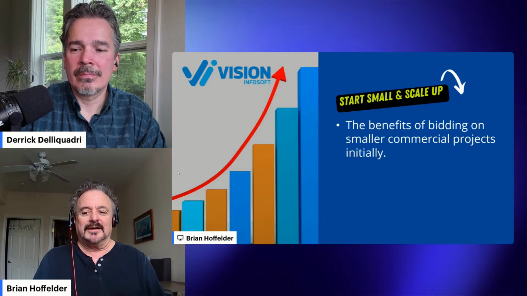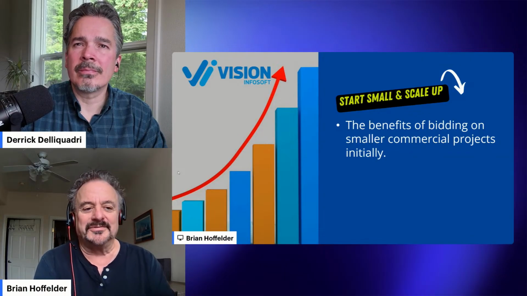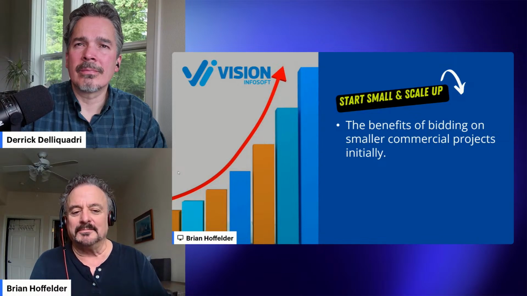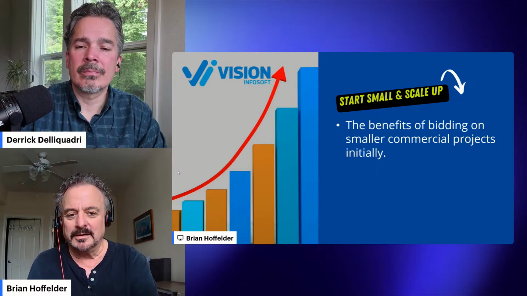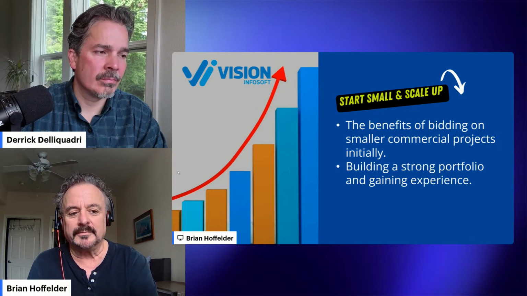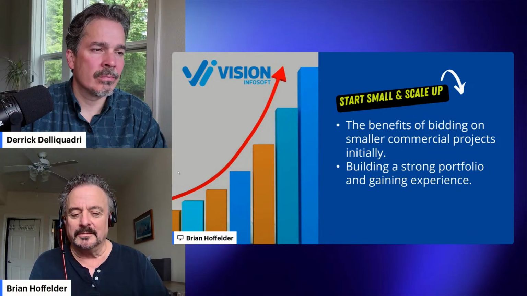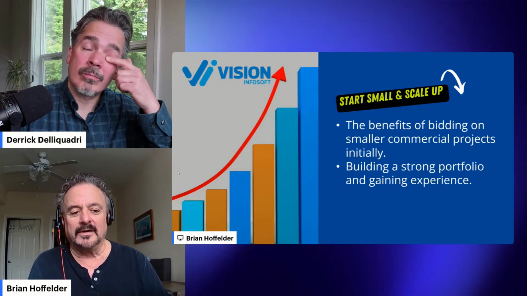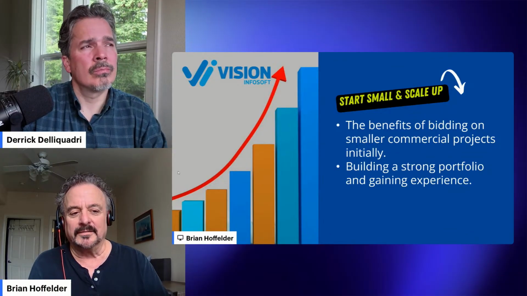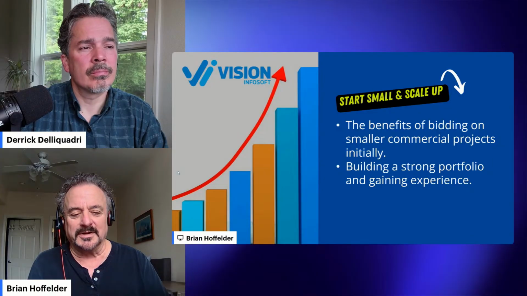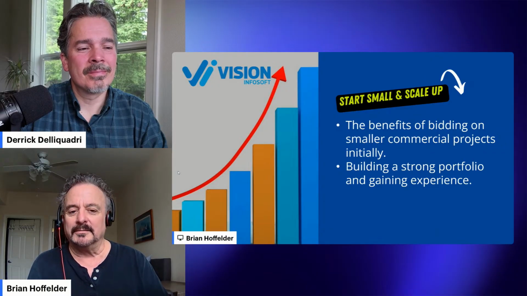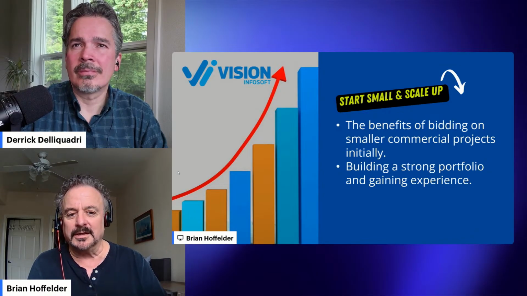Just because it looks attractive to bid some giant job that somebody's talking to you about, don't put all your resources into that. I'd rather see you bid small jobs and scale up from there. And that way you can build a strong portfolio of jobs. The customer doesn't need to know necessarily it's a $10,000 job versus a $110,000 job. Just the fact that you worked on particular types of jobs and for particular types of companies will be helpful